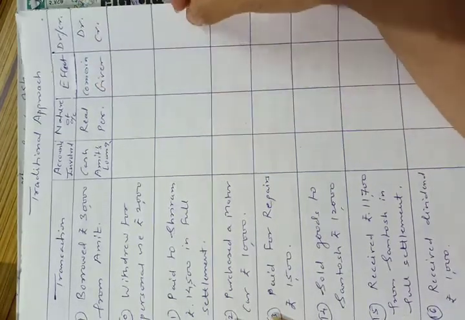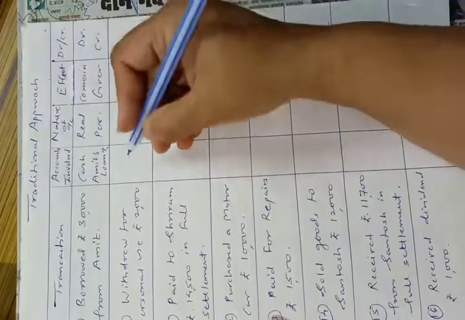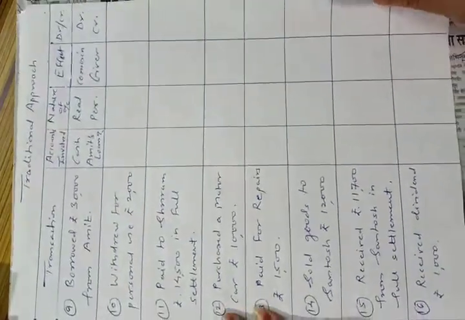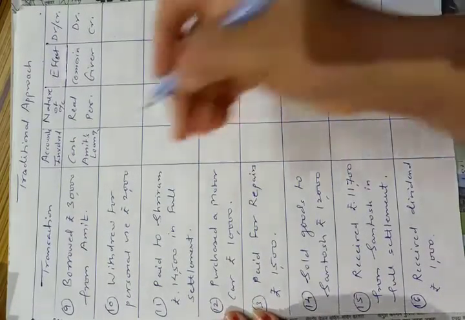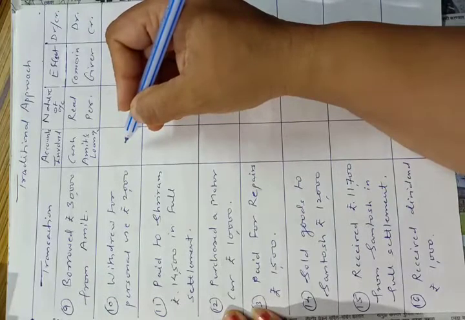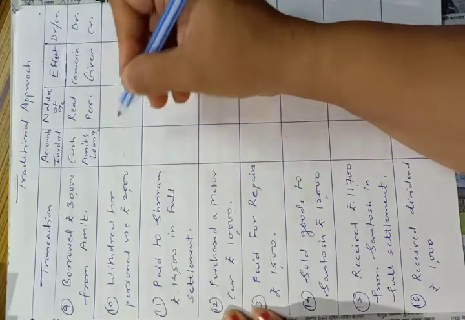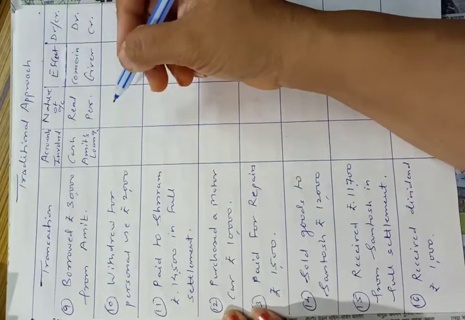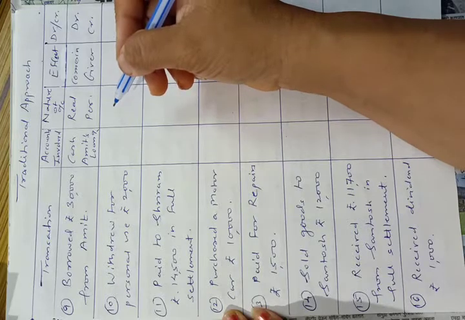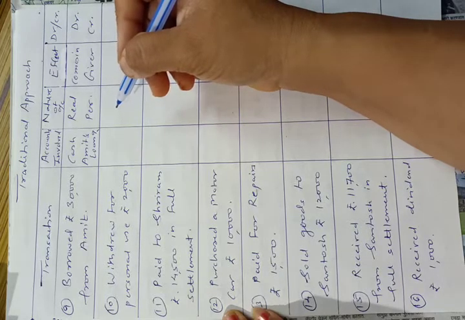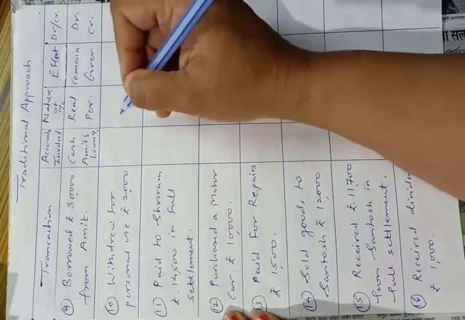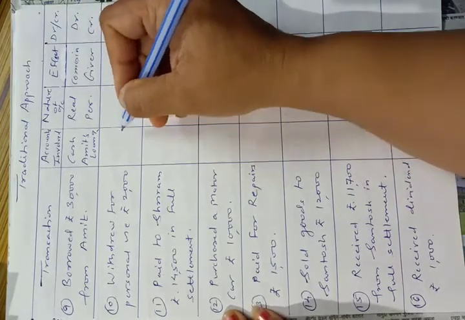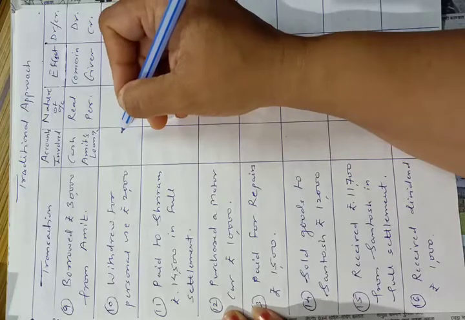Okay, now the next transaction, 10th transaction. I hope तुम्हाला कळत आहेत ट्रान्झॅक्शन्स काय घेते मी ते. Withdrew for personal use rupees 2,000. This is the entry of drawings. Withdrew for personal use means the owner has taken out 2,000 rupees from the business for personal use, for a personal reason. So this is the entry of drawings. Okay,